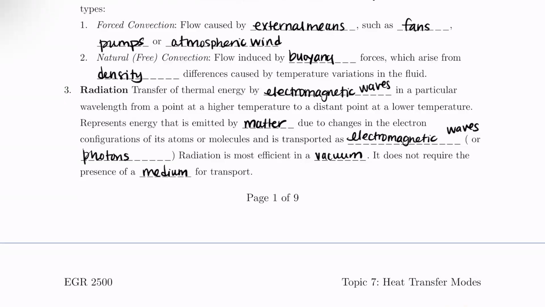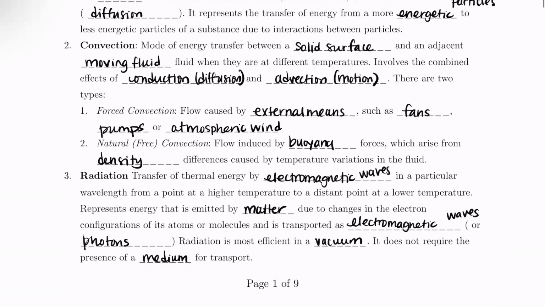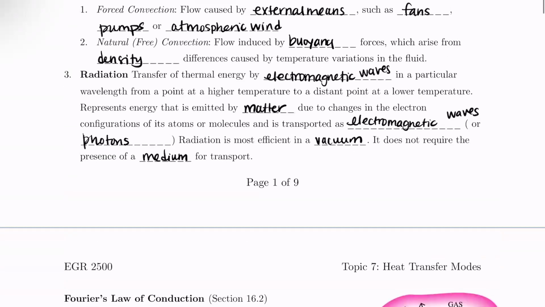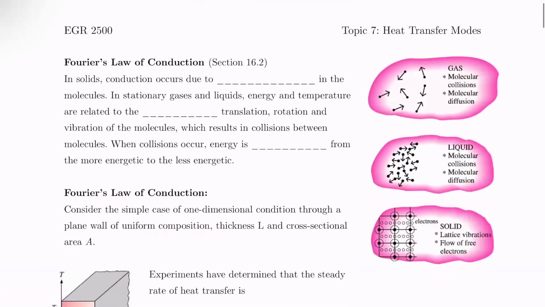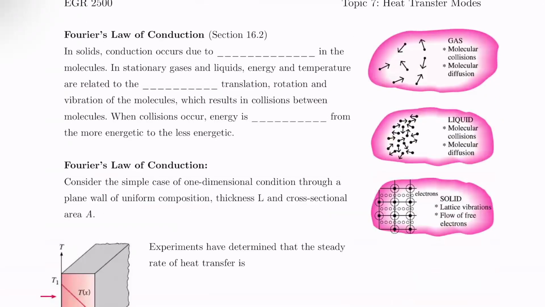So that's really one of the key differences between conduction, convection, and radiation. Both conduction and convection require matter to be there to do it. Radiation does not. So this is the high-level summary of our three different modes of heat transfer. And next we're going to go over a high-level discussion of each of them,